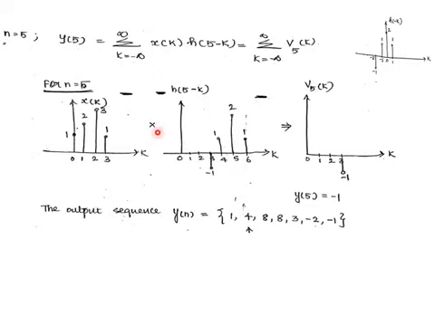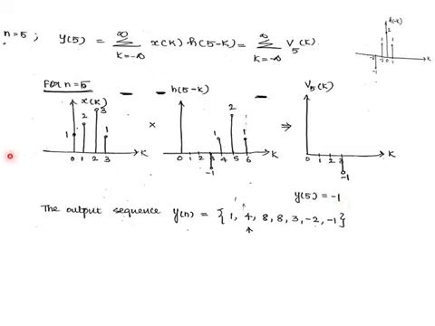Next we have to multiply this x of k with h of 5 minus k. If I multiply these two, the common instance occurs only at k is equal to 3, and at k is equal to 3 the value of this is 1, the value of this is minus 1, so 1 into minus 1, its value is minus 1. There are no other common sample values between these two, so this product ends up with only one sample, which is minus 1, and therefore y of 5's value is minus 1.